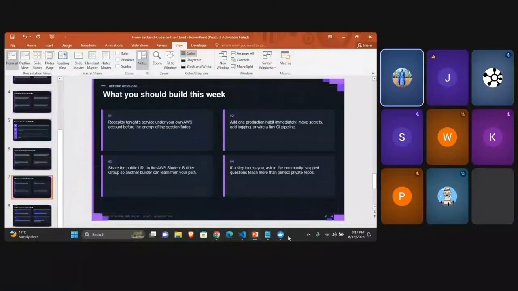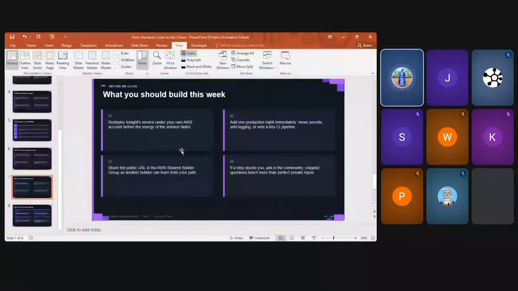I'll have to delete this and reinstall afresh, so I'll use the CLI. This week, before next week comes, make sure you have used a few resources on AWS. And after using the resources, make sure that you delete them.